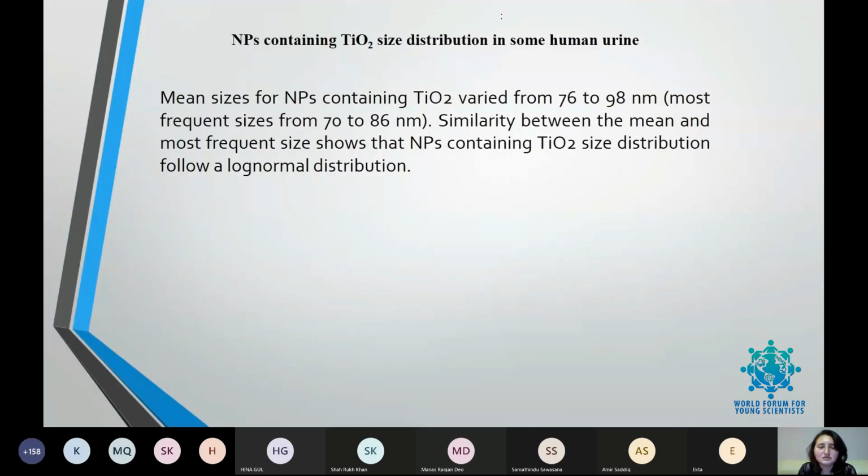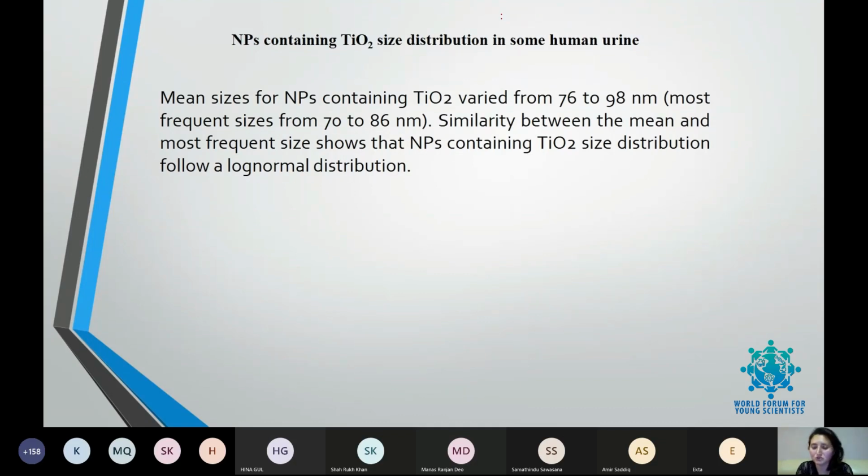For the nanoparticles containing titanium dioxide, size distribution in some human urine. Mean size for the nanoparticles which contain titanium dioxide varied from 76 to 98 nanometer. Most frequent sizes from 70 to 86 nanometer. A similarity between the mean and most frequent size shows that nanoparticles containing titanium dioxide size distribution follow